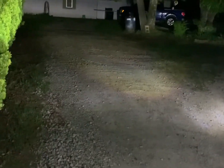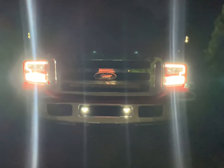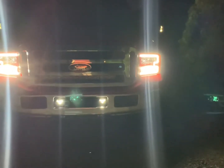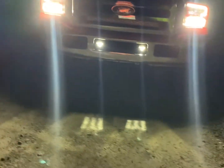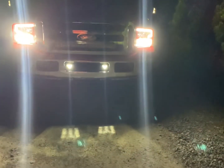So you can see right there the difference in the adjustment. Again, they do need adjusted, because I haven't done that. I did a little bit, but not near as much as I needed. But you can see right there, I like them, I really do. And as we come lower, you can see the beam in both of them. So passenger side is a little higher than the driver's side, but other than that, I would say that these are